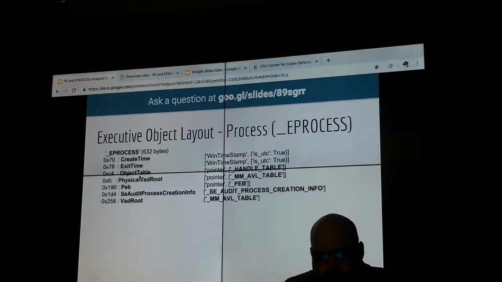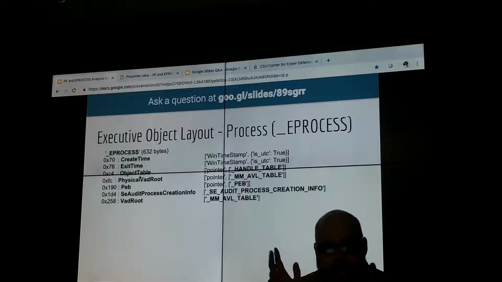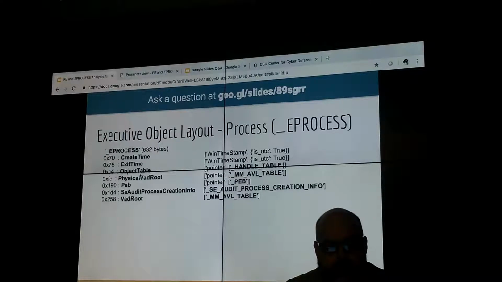Some other items that are kind of interesting is something called object table. In the object table, we find handles, once a process is loaded into memory. Let's say you were using notepad.exe, right? You loaded a text file into memory. In order to be able to interact with that file, the process has to open up another kind of executive object called a handle. And so for the eProcess structure, it tracks all those handles inside this object table